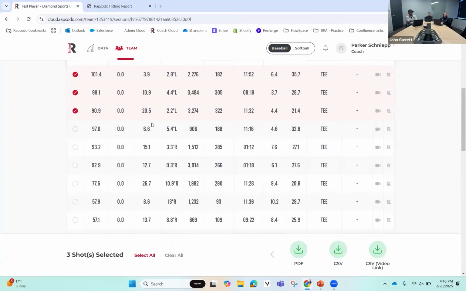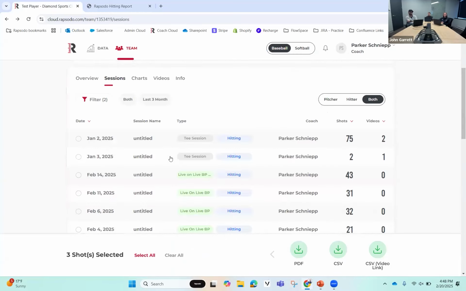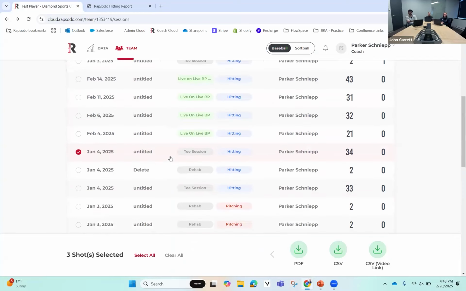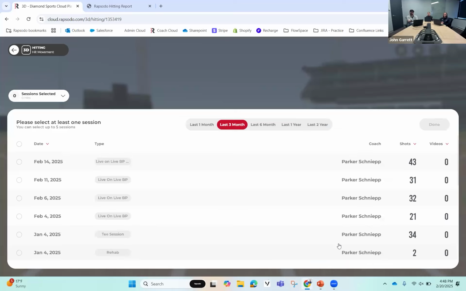And then one final thing that I will show you guys, I'm gonna backtrack a little bit, but I wanna make sure that you guys can see these visuals. Not only can you see the on-field 3D field view during the session, live with the batted ball, you can also see that when you're on the cloud here. So let me go back. We're gonna go to these 3D visualizations. Hopefully they don't come through laggy for you, because this is a pretty cool thing to take a look at,